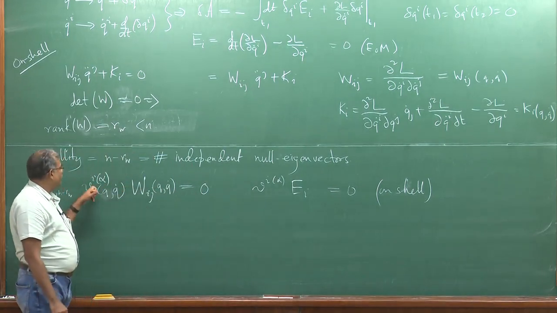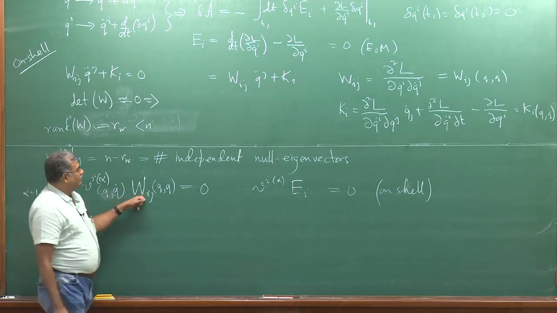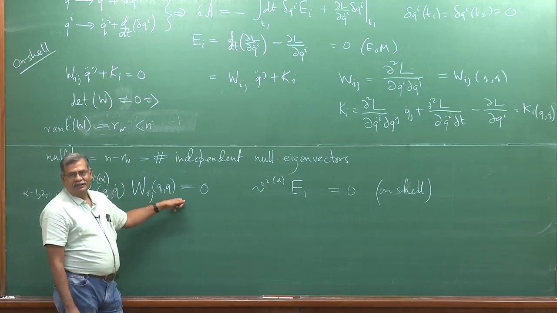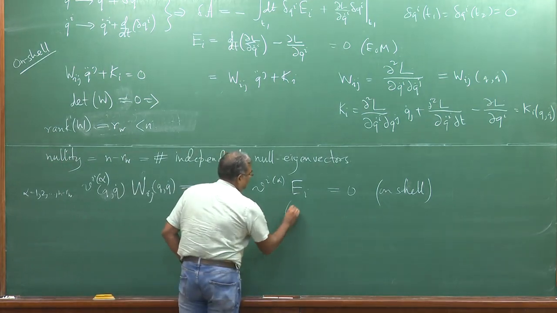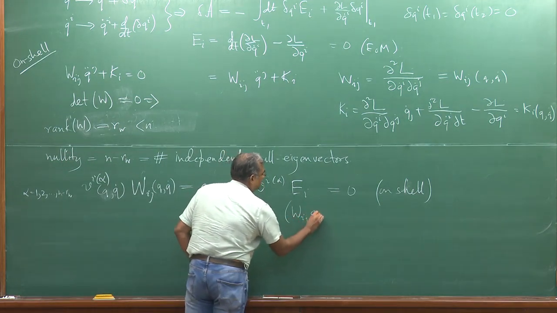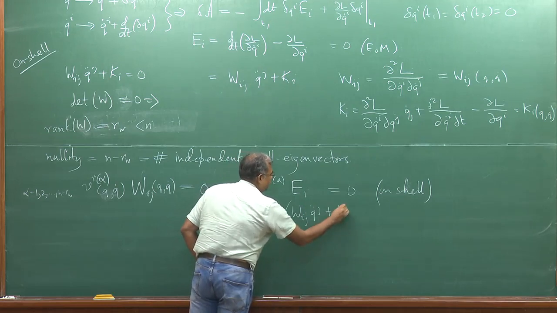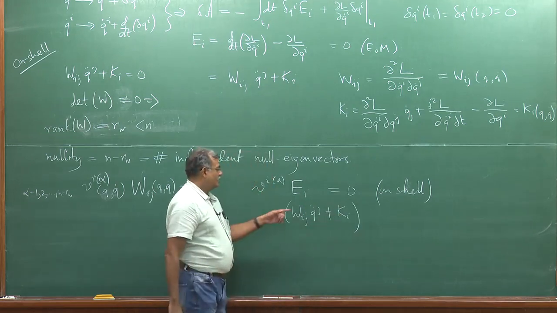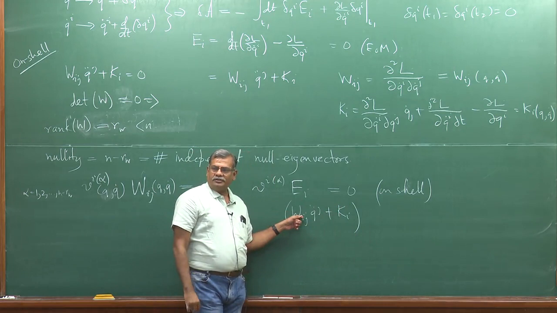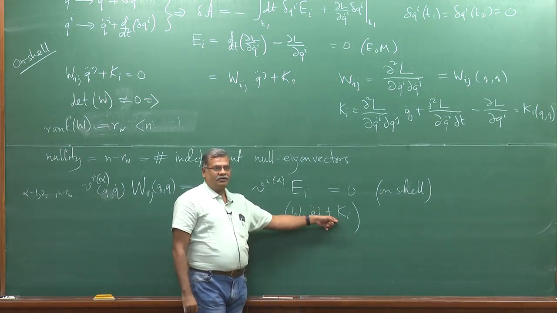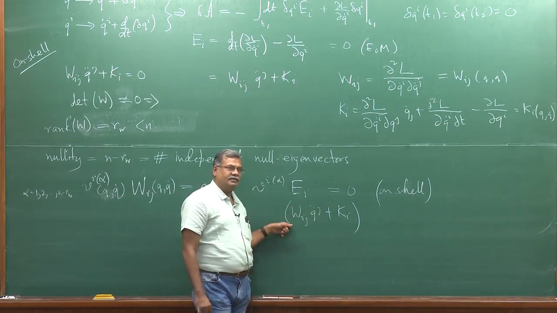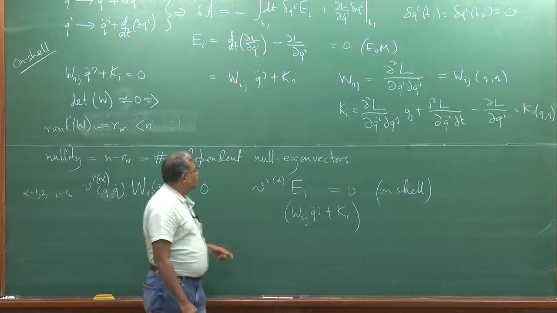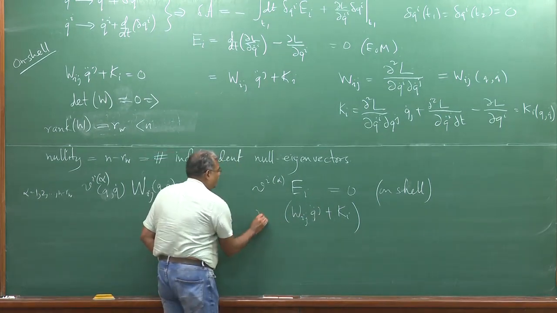But the fact that the Vi alphas give you 0 when contracted with Wij has an immediate consequence. Remember, Ei is basically Wij Qj double dot plus Ki, right? Wij's depend on Q and Q dot, Ki's depend on Q and Q dot, right? And the only Q double dot dependence, the acceleration dependence, is here in this term, right? So if I contract this with a Vi alpha,